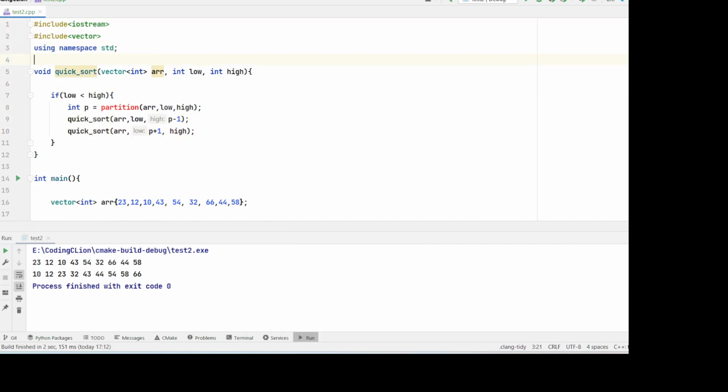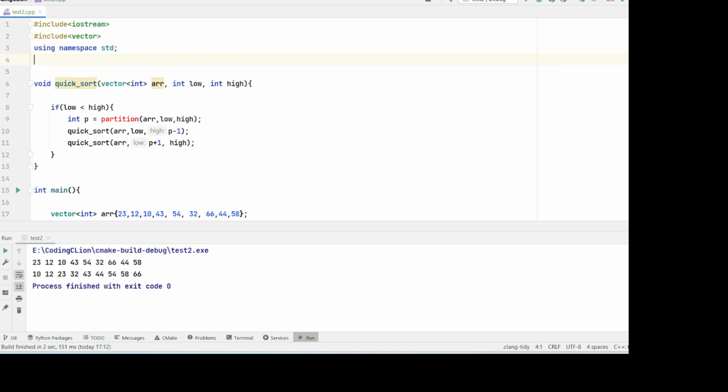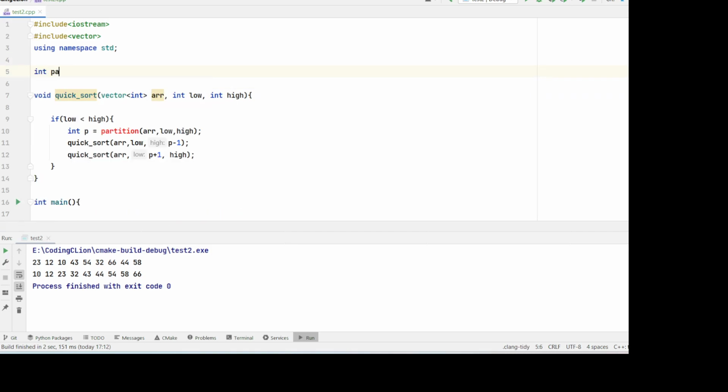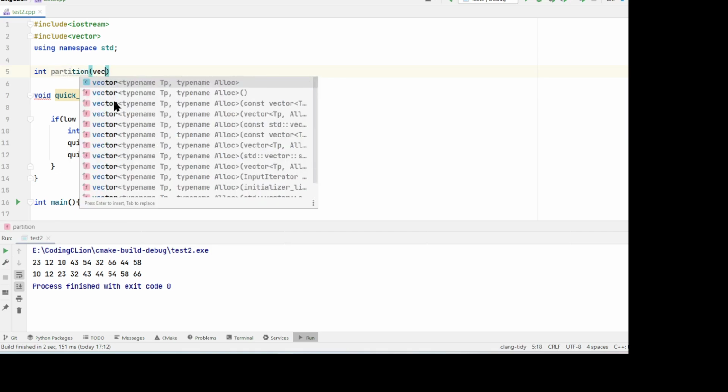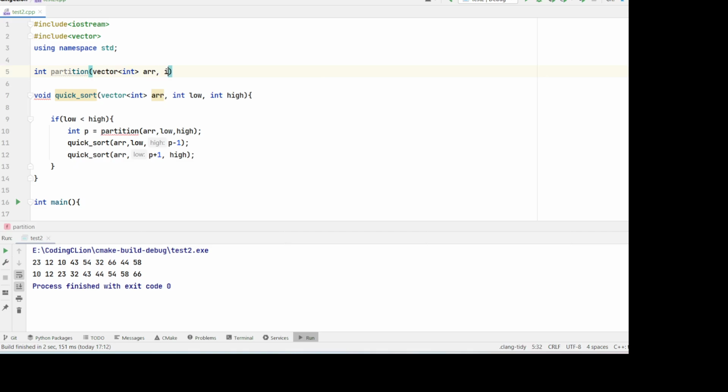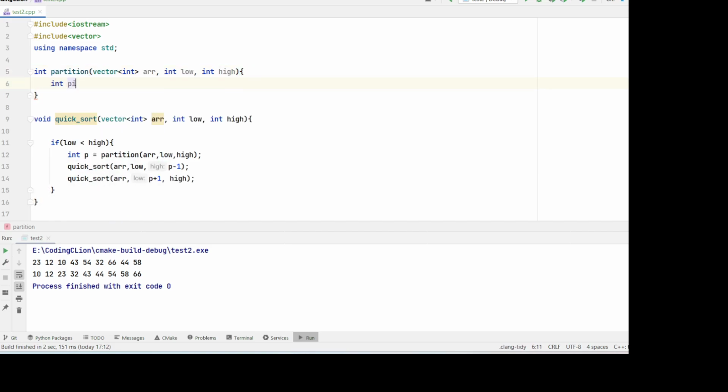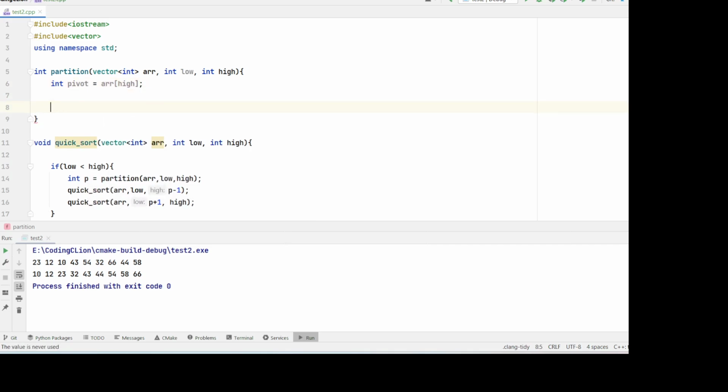Okay, now let's define our partition function. The partition function will return the int, that is the index. So we will accept the vector of int as an argument, and low index and high index. In our case, our pivot element will be the element which is present at the high index. And we will take another index which will be pointing to low minus 1, because initially we